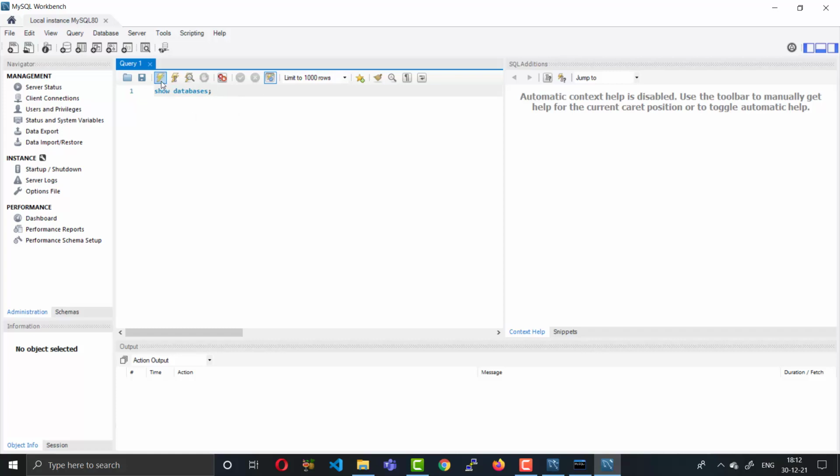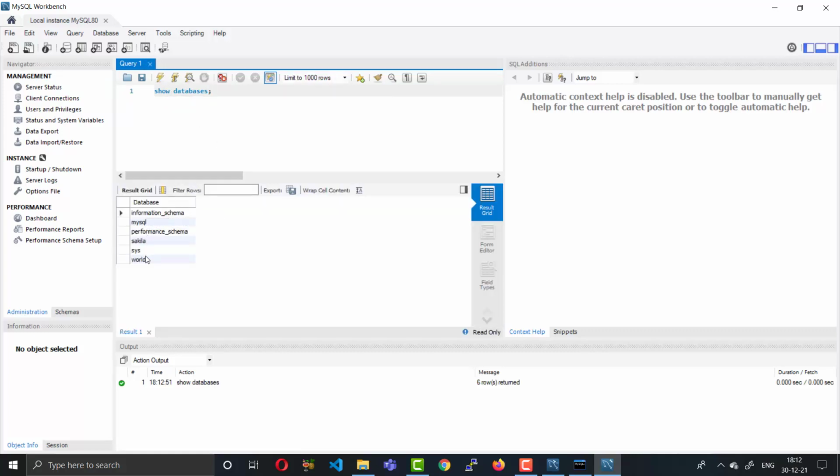If you have a single line, you can directly run it with this button, and it will show the databases in MySQL. If there are multiple lines, you have to select all these queries and then click on this button.